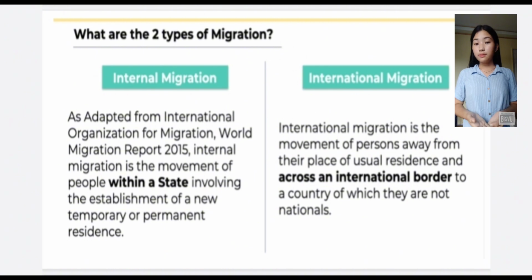Second is international migration. International migration is the movement of persons away from their place of usual residence and across an international border to a country of which they are not nationals. So international migration refers to people who move from one country to another country. For example,